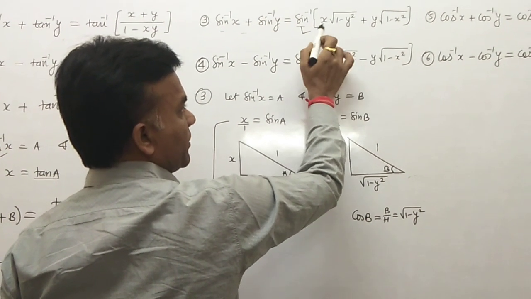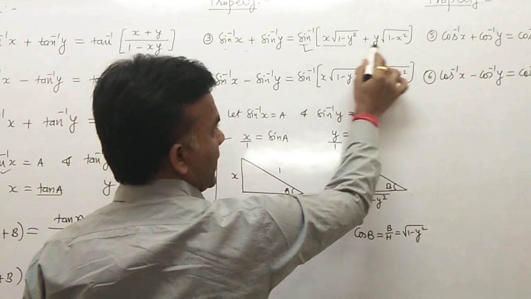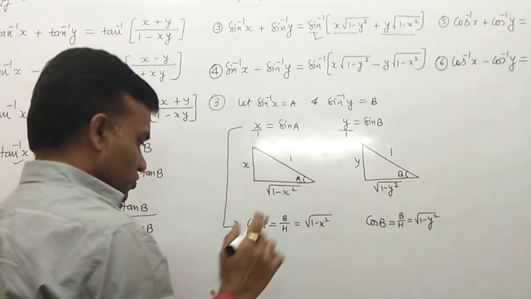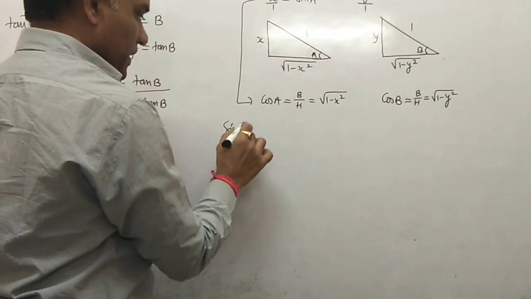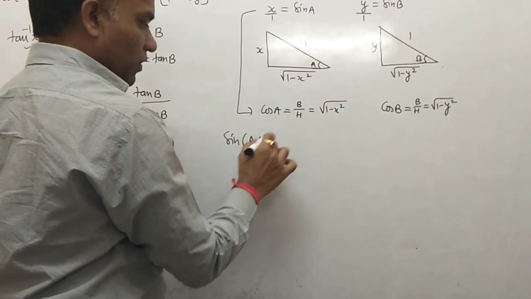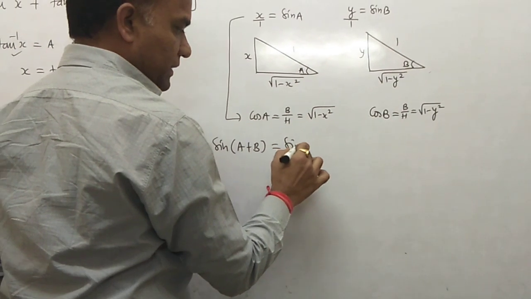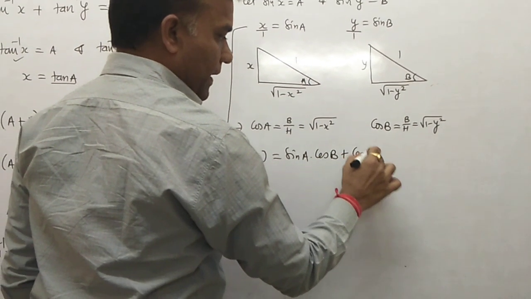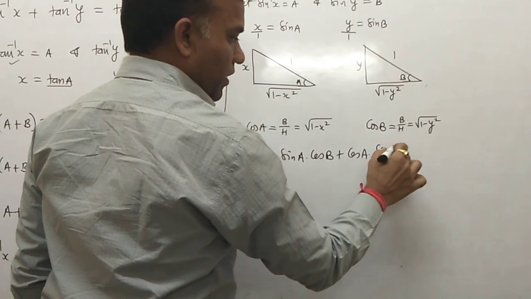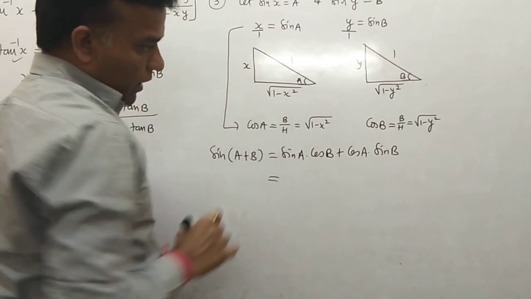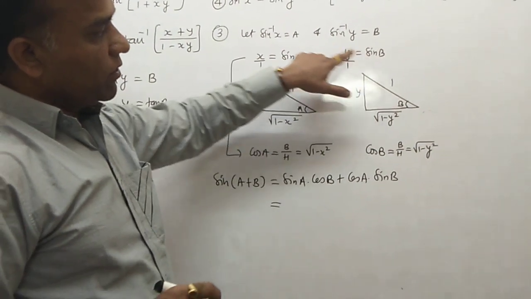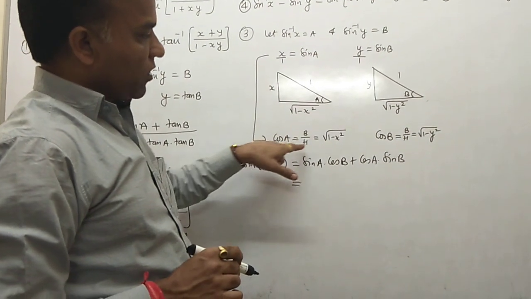This formula is important because you have this angle a and this whole part is b, and both are related with respect to sine. So use the concept of sine of a plus b. Now here we know that sine of a plus b is sine a into cos b plus cos a into sine b. Now we know all the values here. Sine a is x, and sine b is y, and similarly we find cos a and cos b.